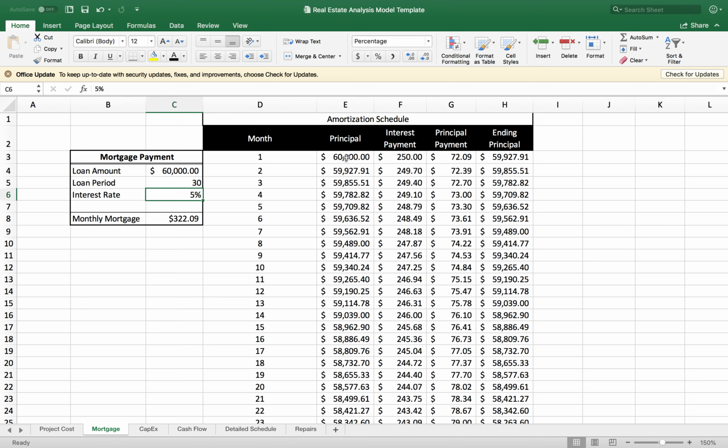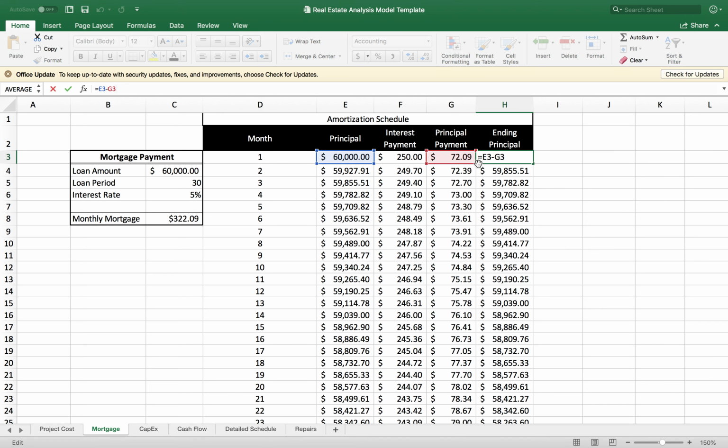In the first month of the loan, my principal is $60,000. I pay $250 of interest, and $72 of the mortgage payment went into the actual principal, which gives me an ending principal balance of